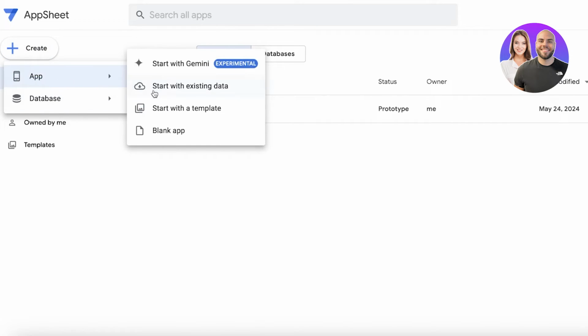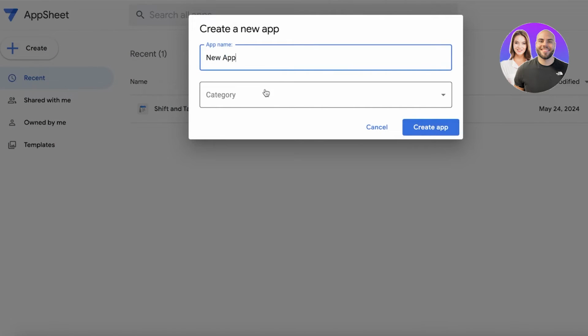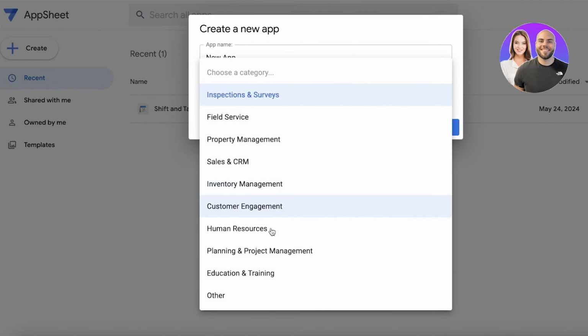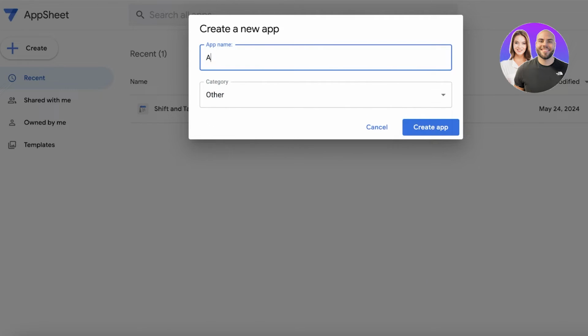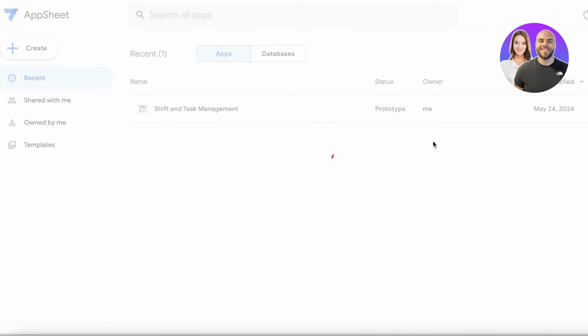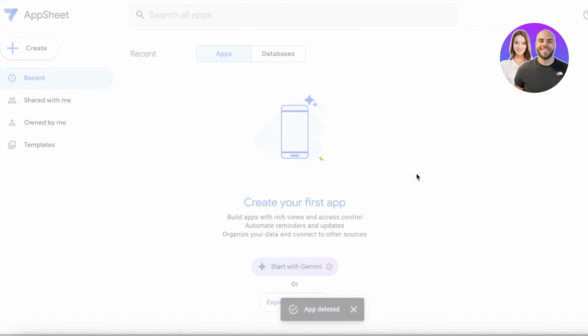So click on create and then click on blank app. And we are going to add a particular niche. I'll just add the other one and then I will name this. Once we've completed this, we can click on Create App to open up a blank layout for our first application